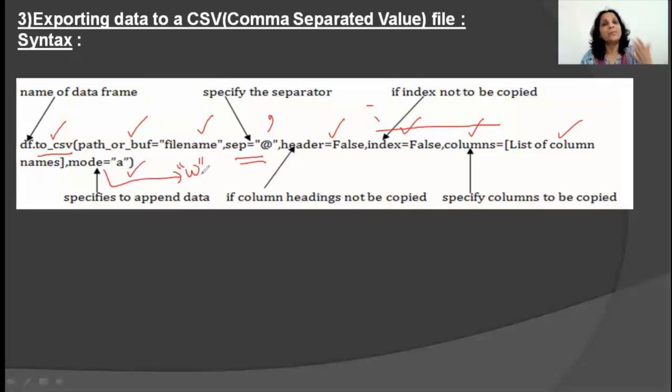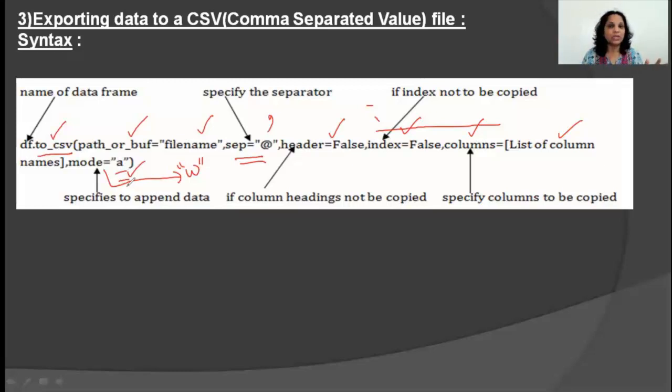But suppose you already have a CSV file and whatever you're doing with your data frame, you just want to add on to the CSV file. Not delete its old contents or overwrite its old contents, but you want to add on. Then in that case, we make use of the mode as a, which is append mode.